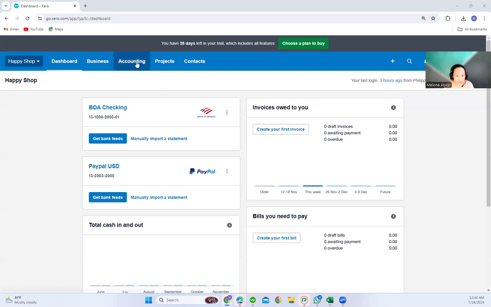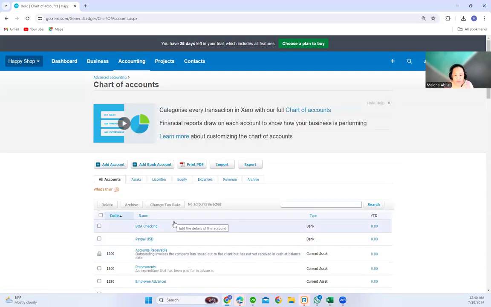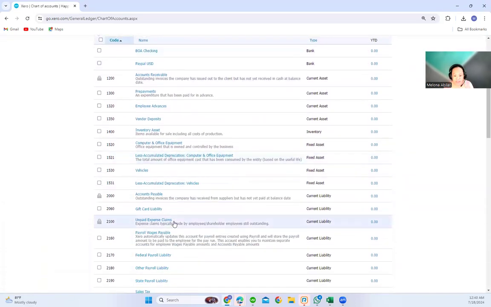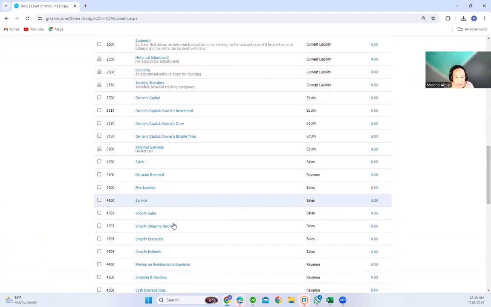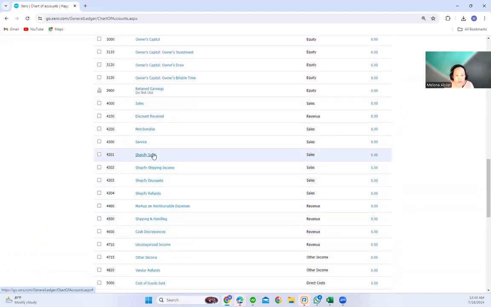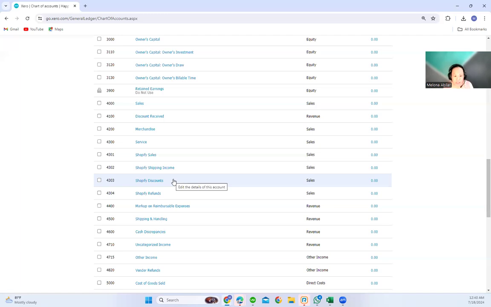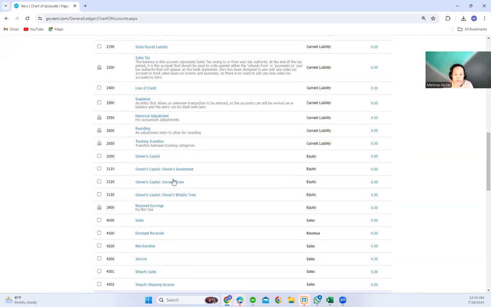We also created the chart of accounts for our Shopify sales and revenue: Shopify sales, Shopify shipping income, Shopify discounts, and Shopify refunds. Those are the main income accounts that we are going to use to record sales for our Shopify store.